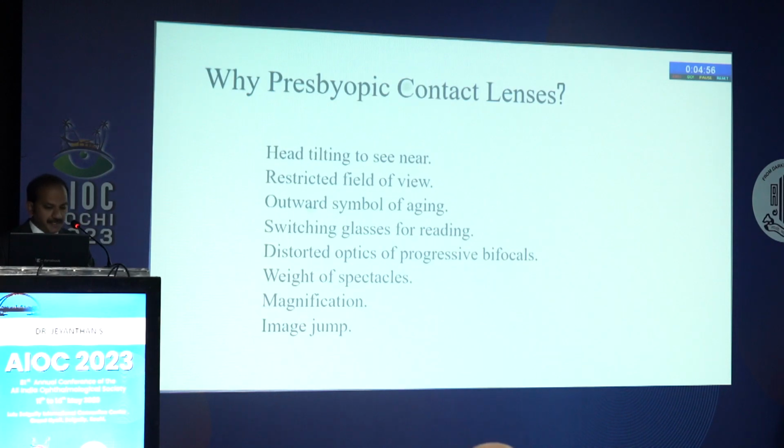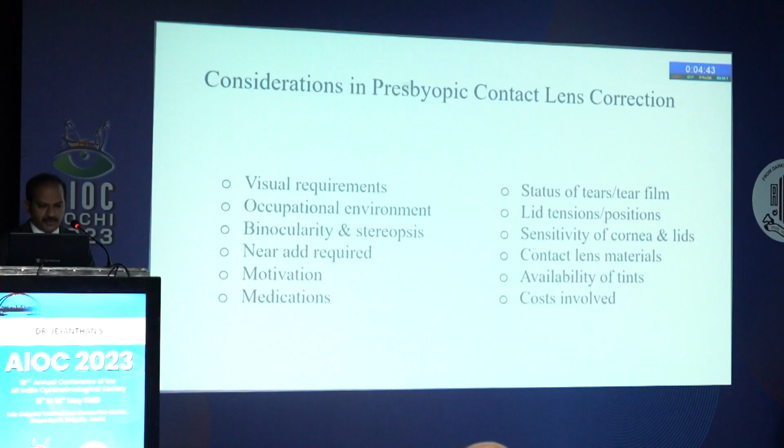Switching glasses for reading, distortion optics of the progressive bifocals, weight of the spectacles, magnification, image jump, all these are complications of the progressive edition lenses. So if you need a better solution, you can go for presbyopic contact lenses. So these are some of the considerations we need to make when we are going in for a contact